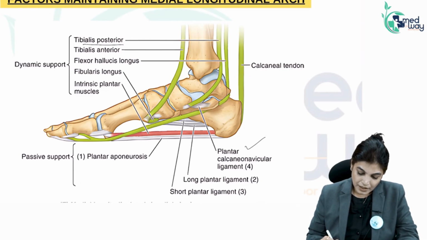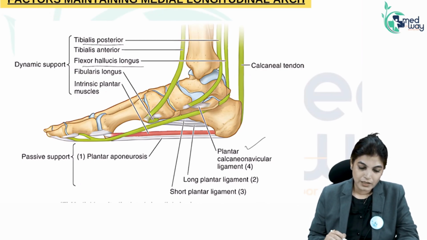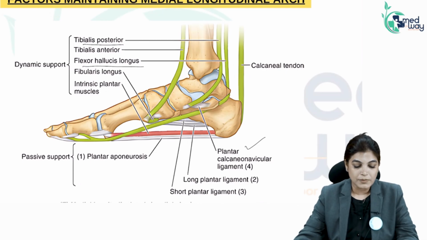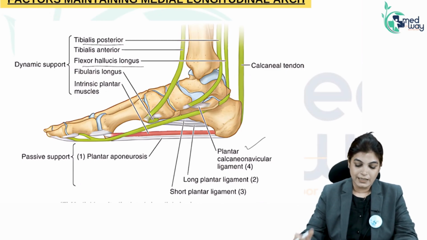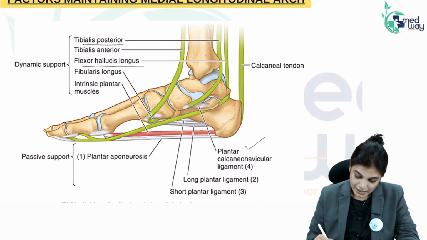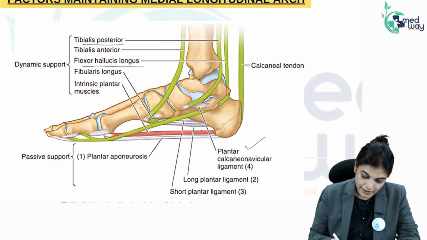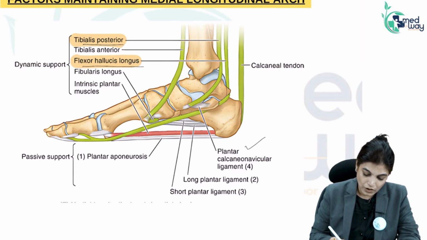Other than that, we have the flexor hallucis longus muscle. If we talk about the flexor hallucis longus muscle, it has 3 important functions to perform as a support system. It stretches the arch like a bow, and you can also see this in the diagram. Let me slightly highlight this. So this is the flexor hallucis longus muscle, this is the tibialis posterior muscle. These two muscles are important for